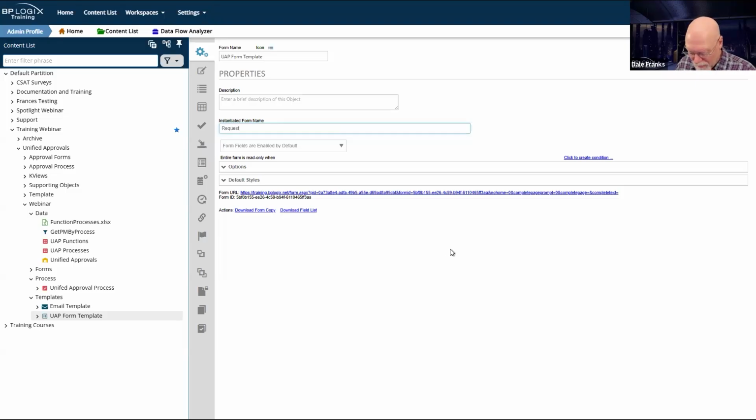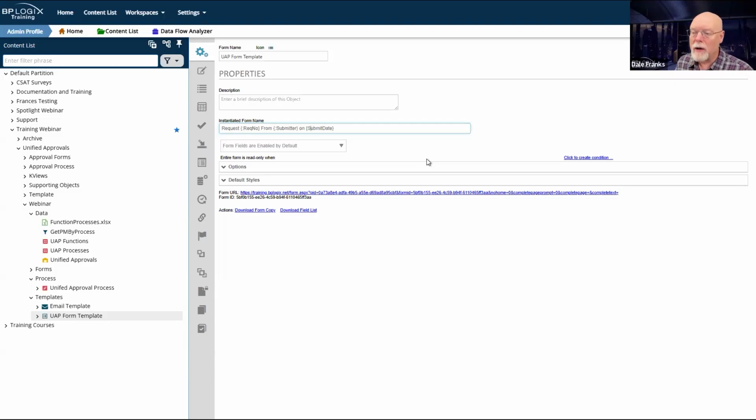So we're going to call it request. And then I'm going to throw in the system variable for the request number. So that will be our request number, which, if you'll remember from last week, we configured to give us different request numbers for different types of processes that we're going to be submitting requests for. So it'll be request number from submitter on, and I believe I called the field submit date,